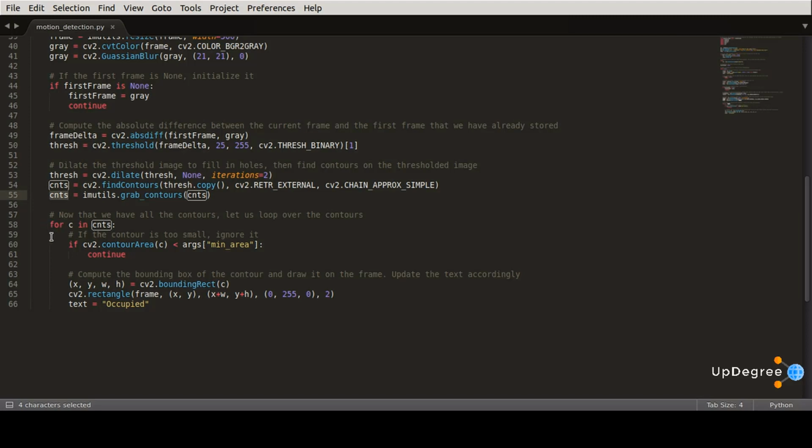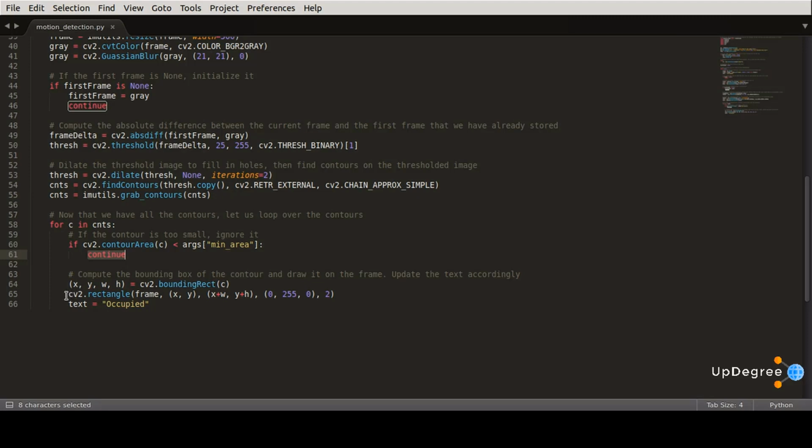Next, we will loop over all the contours, trying to find out what is the area of each contour. Now, if the area of each contour is less than the minimum area that has been supplied in the arguments, then we are going to ignore it. Otherwise, we are going to get the bounding rectangle against the contour, which includes the x coordinate, y coordinate, the width and height of the rectangle.